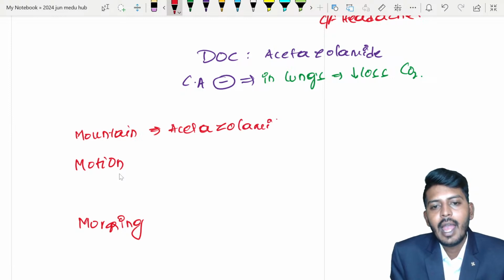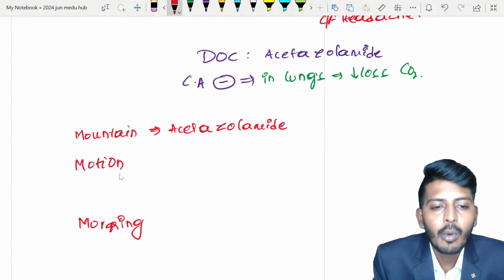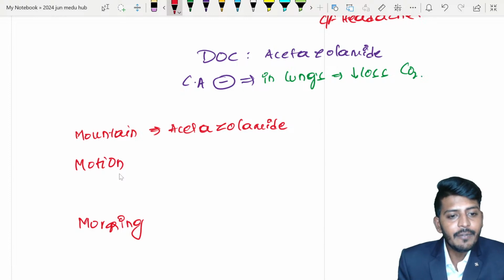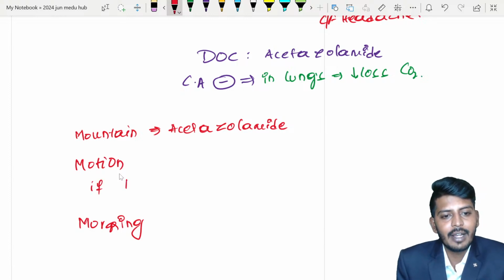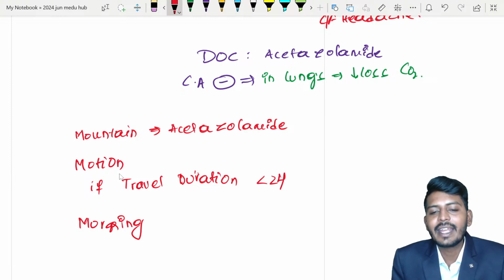Acetazolamide क्या होता है? Acetazolamide. For motion sickness, it depends on the duration of travel. If travel duration is less than 24 hours, we can consider